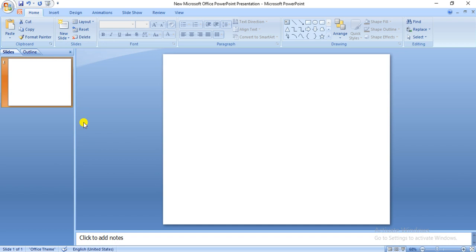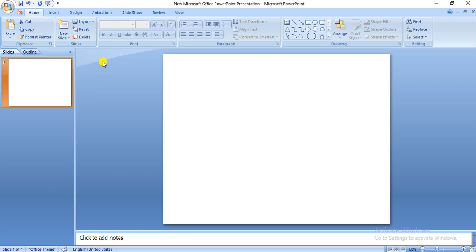So next what you have to do, you have to create a scene for your animation. So for that you have to download certain images from the internet. So it can be any JPG format or it can be PNG format or any format it can be. But make sure you select the images with the transparent background. So with the transparent background you will see your animation will look more realistic.